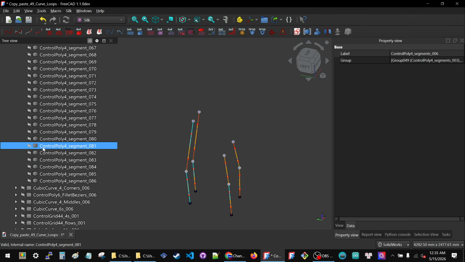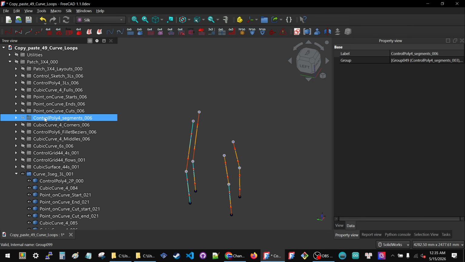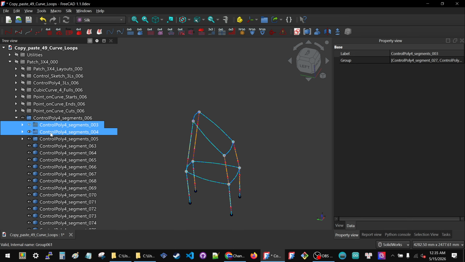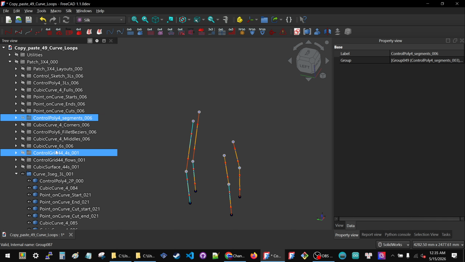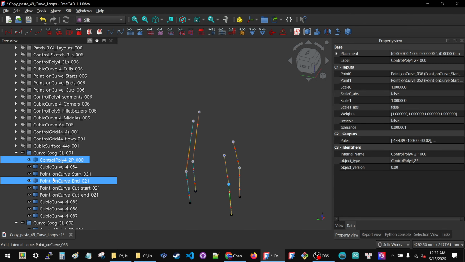I'm not going to make folders for these. I don't care anymore. As far as organization goes, this is fine for me. I can edit the sections, but I'm going to leave all these little pieces by themselves. I just don't care anymore. This is organized enough. Then we have my control